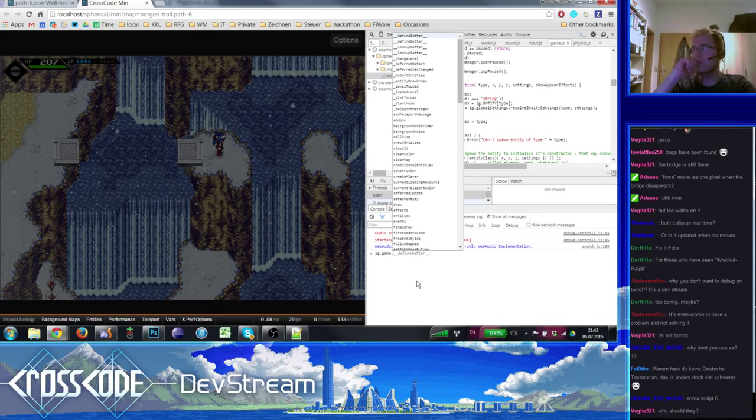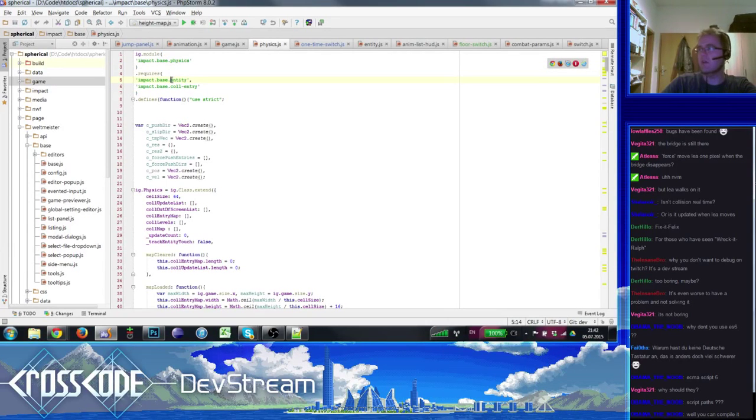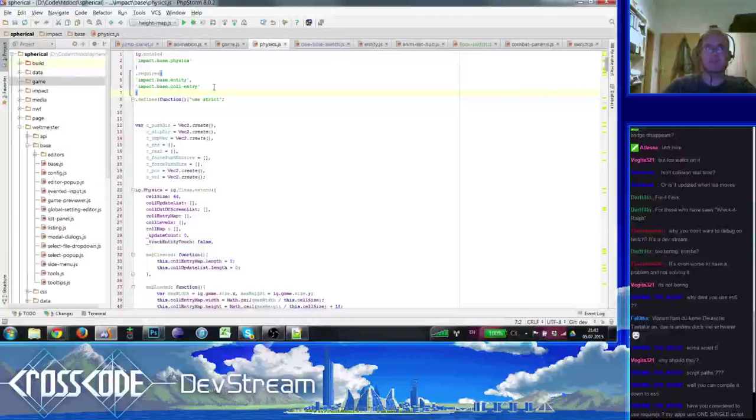Oh, you mean like that? Yeah, we have something like that already. Can you show it? I could quickly show it. We have kind of a module requirement system, and that's something we use. We define modules like this, and they just get automatically included and loaded when you start the game. It's a system that has been implemented by Impact.js, and we just keep using it, and it works really well for us.